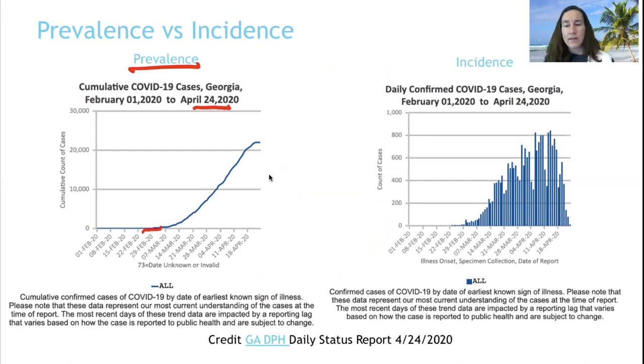Normally with prevalence, once you have cleared the illness, or if people who have been sick have died, they will no longer be part of the prevalence numbers. But right now, it's still new, and we can't say who's cleared it and who hasn't, because we don't know officially if that's happened yet. So everything's really just accumulation of all the cases. The good news is we can see that the cumulative is starting to taper off, which is great. So let's look at incidence. That's our daily cases.